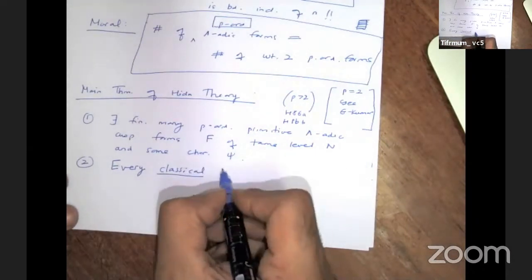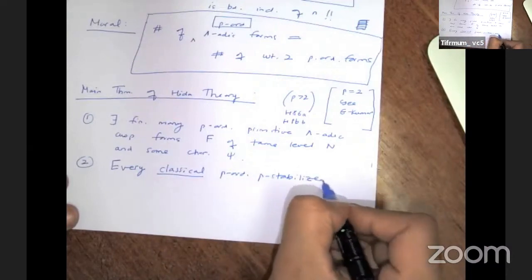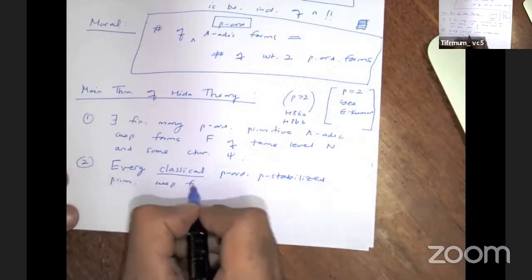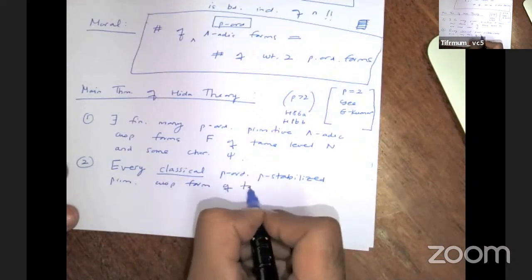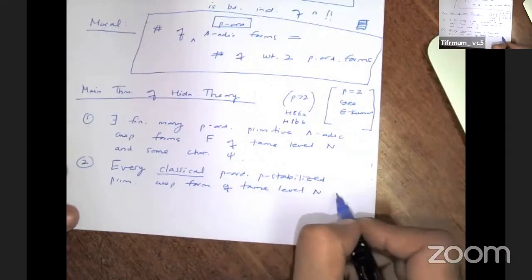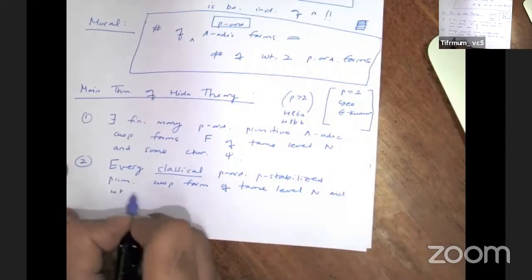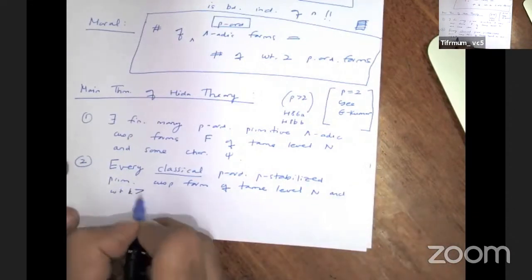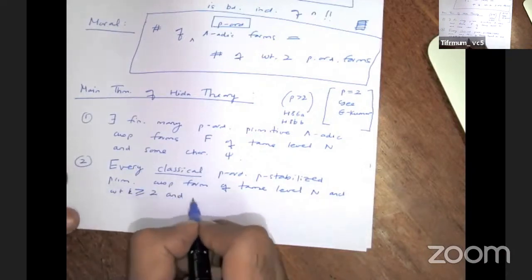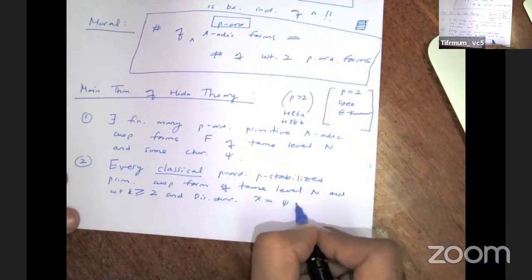Every classical p-ordinary, p-stabilized, primitive cusp form of tame level N, sometimes you write N or Np, it doesn't matter, tame level N, weight k greater than or equal to 2, and Nebentypus